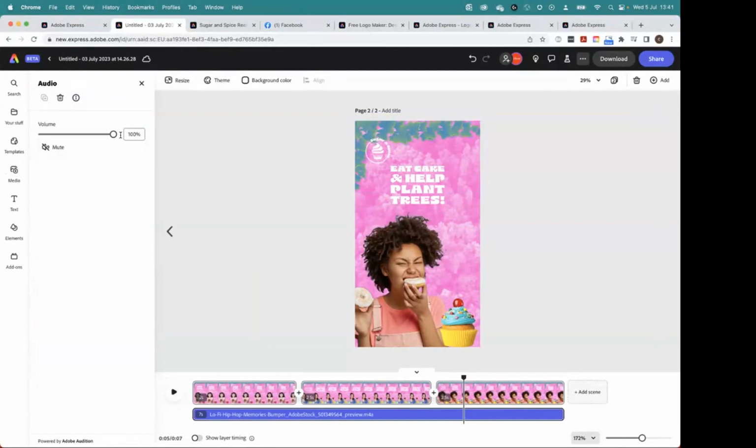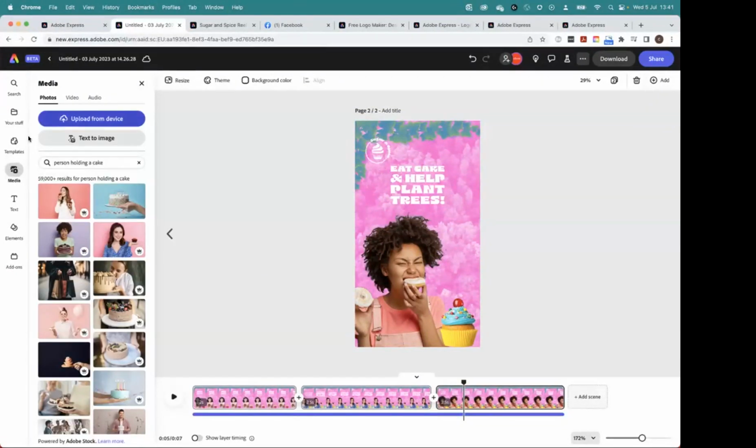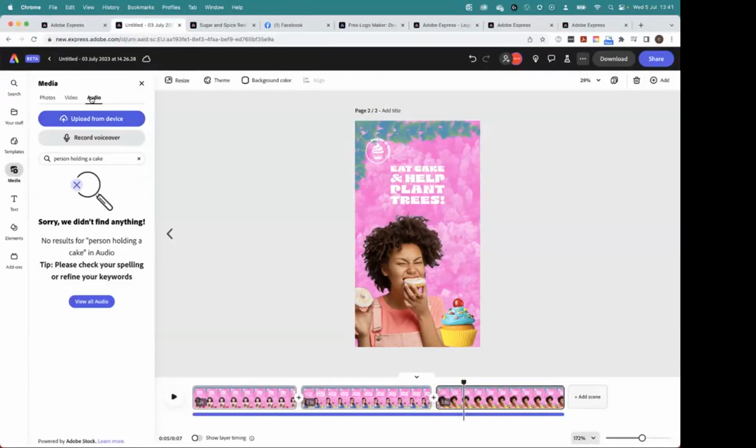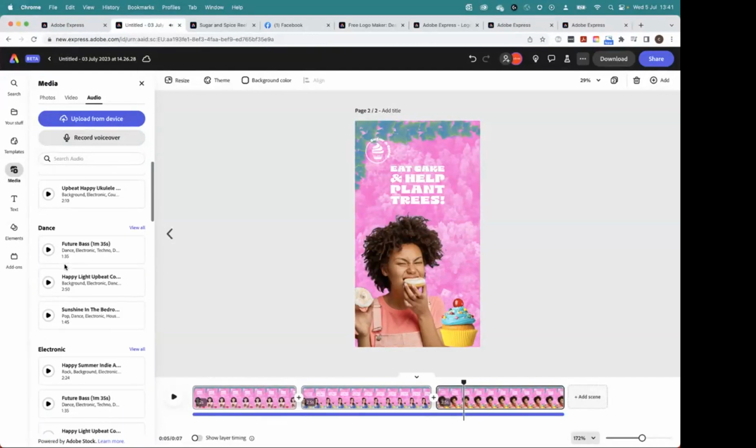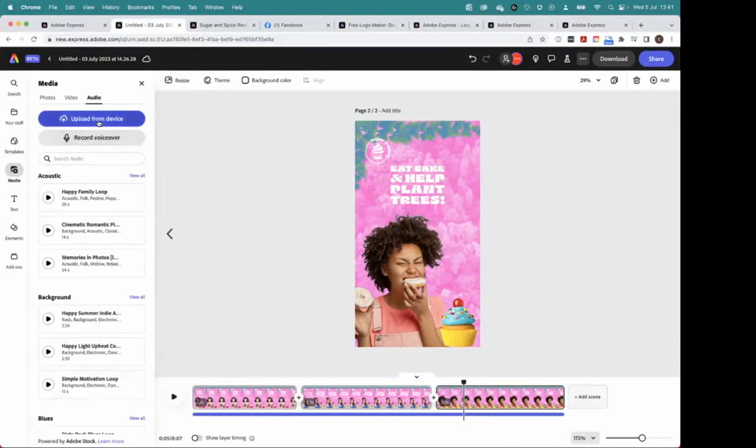But what we can do is simply go ahead and add audio. I can obviously adjust the volume there, but if I am adding audio, when I go into this audio here, you'll see that I've got a couple of options. I don't need a person holding a cake, but I can play through all of the different assets that are already preloaded right within it, or I can upload from device, which is what I did. I selected and uploaded my own MP4 file, or I can go ahead and record a voiceover,